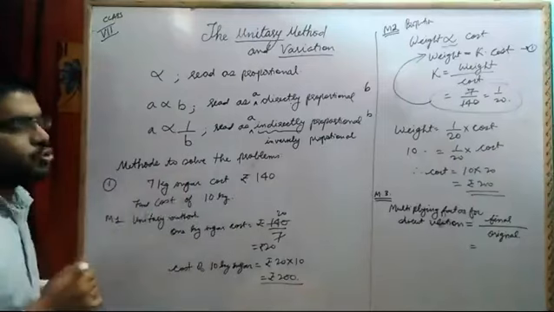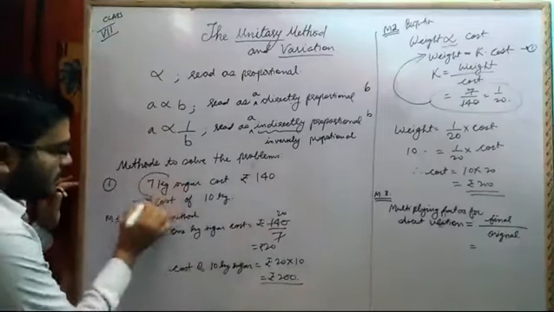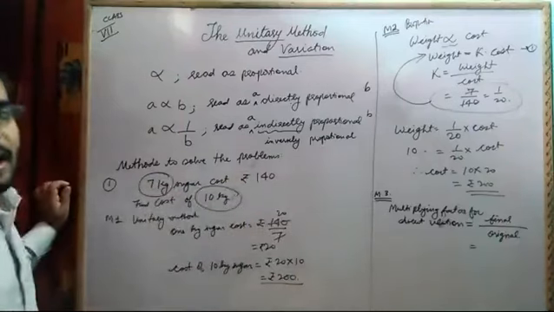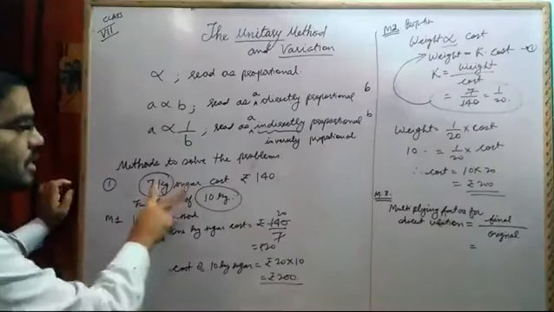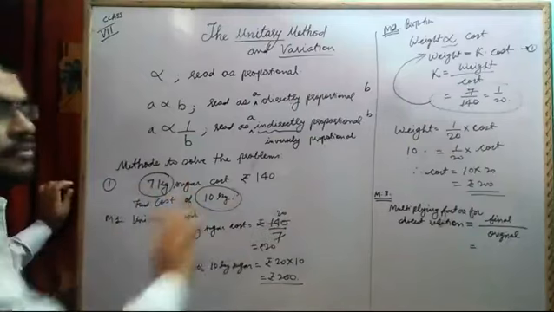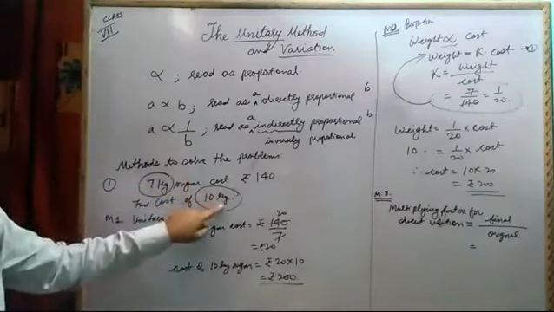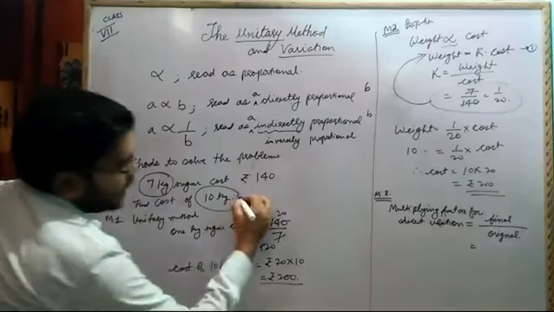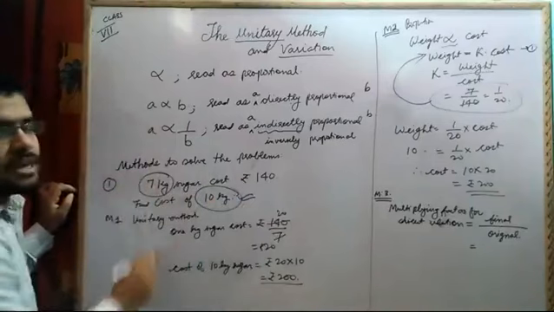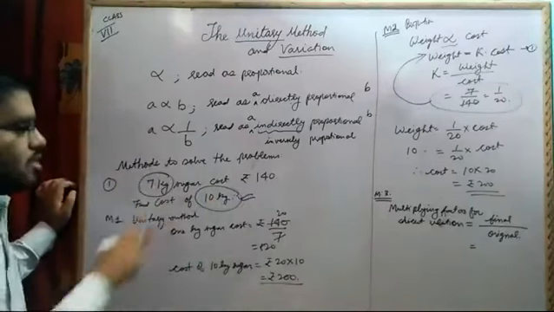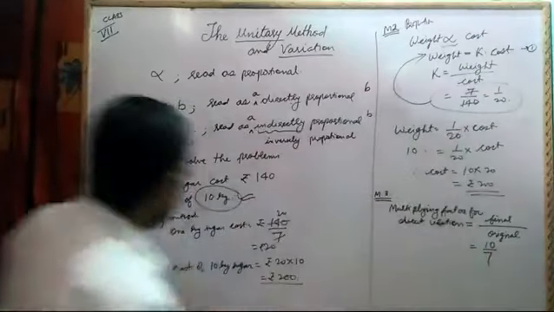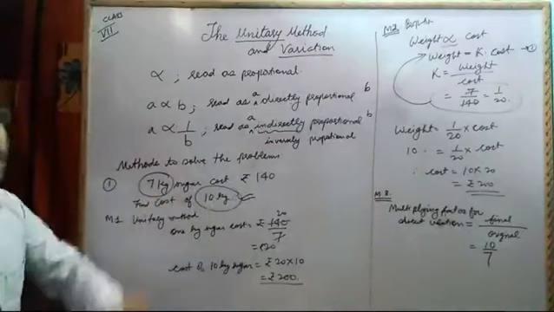What is final and what is original? From the question you see which two quantities are given. Here kg is given, here also kg is given. So these two will be used in the multiplying factor. Which two same quantities, same unit, are given, that we are going to use. Now final, for whose we have to find? We have to find the cost of 10 kg. That means it is final. This is the initial value, it is already given. The thing which is given is called initial, so it will be final. So the multiplying factor will become final upon original, which is 10 by 7.